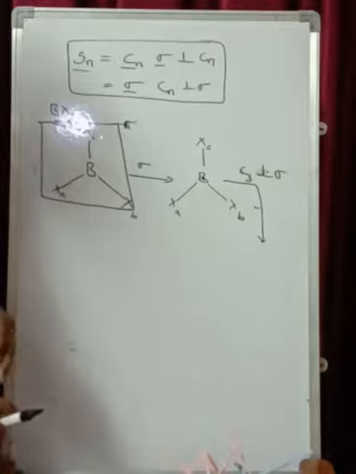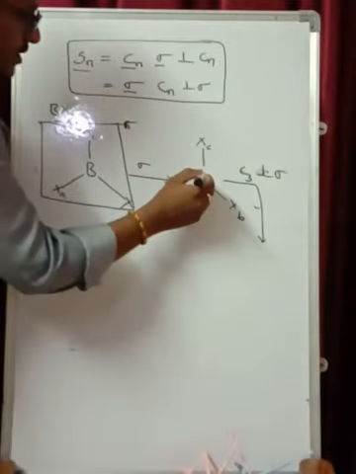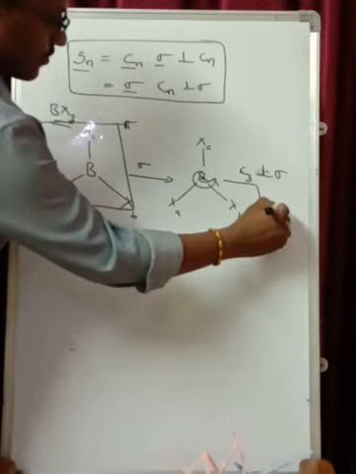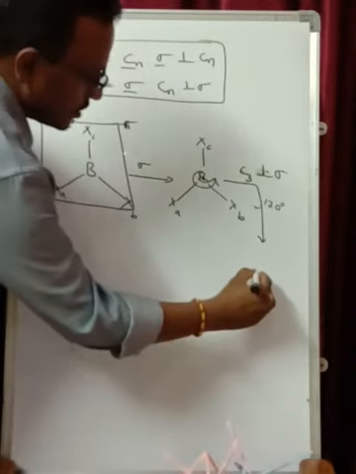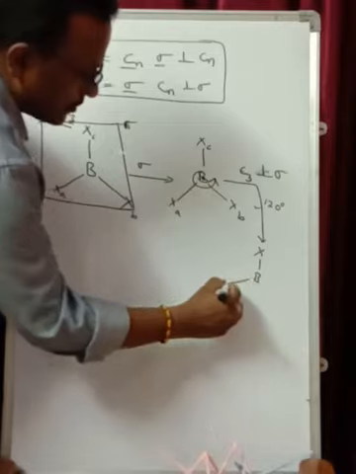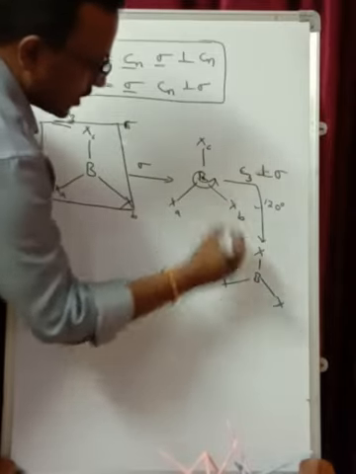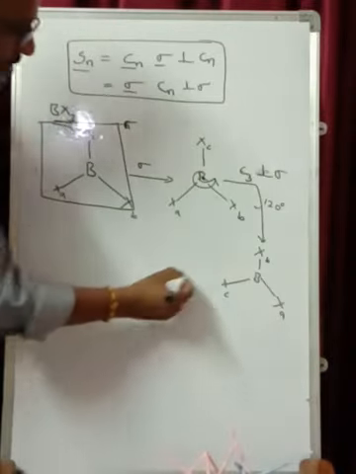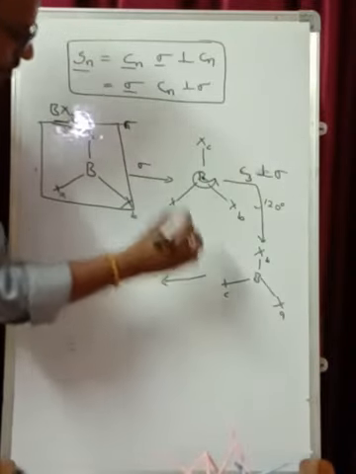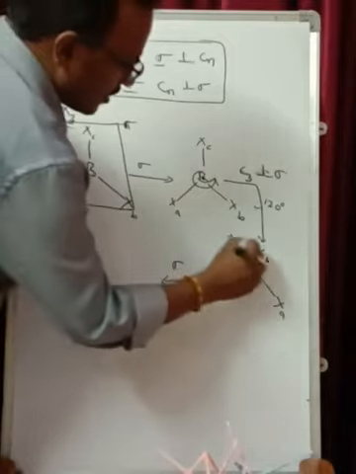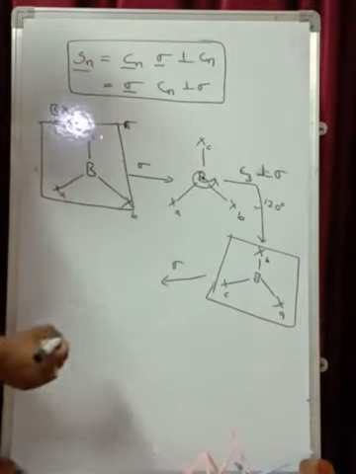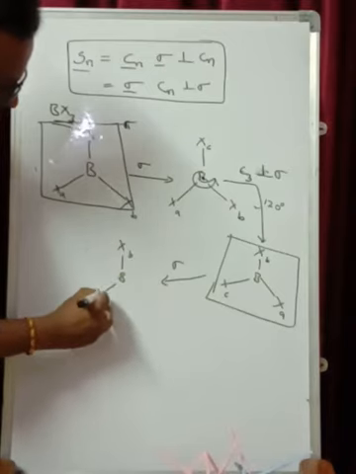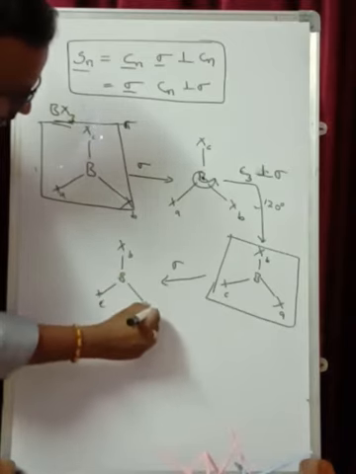For this you are going to do the rotation. The axis is passing through the boron and you are rotating by C3, that is 120 degrees. This will give you what? On rotation, XA comes here, XB goes here, XC comes here. Further, again it is reflected. Again the reflection is done along that same plane. This will give you XB, XC, XA.